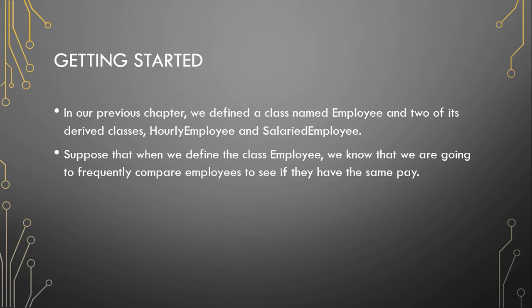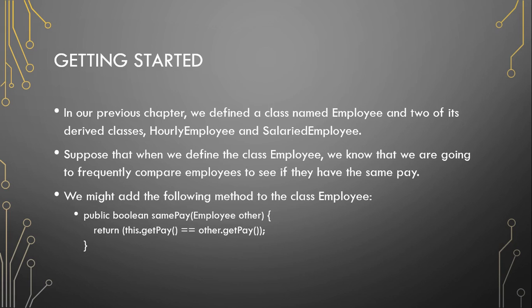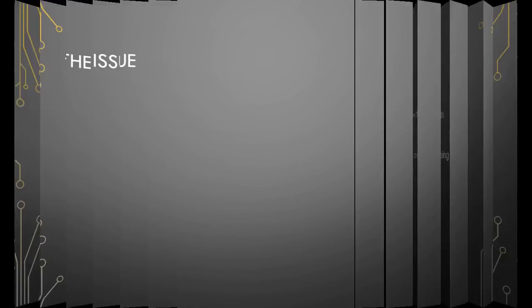Suppose that when we define the class Employee, we know we're going to frequently compare employees to see if they have the same pay. So let's say we have employee A and employee B and want to see if they're making the same amount of money. Well, we might add the following method to the class Employee: public boolean samePay(Employee other) { return this.getPay() == other.getPay(); }